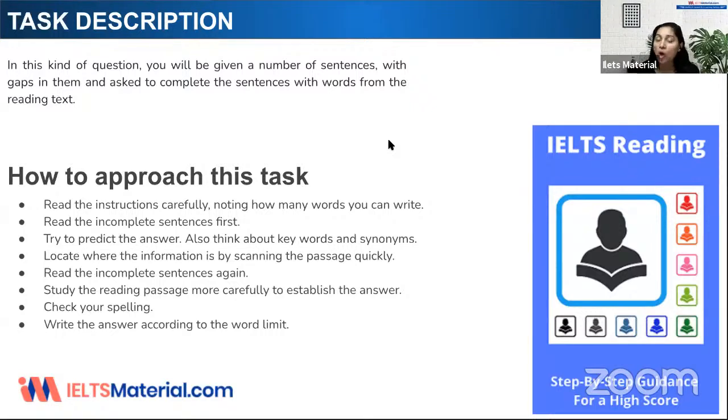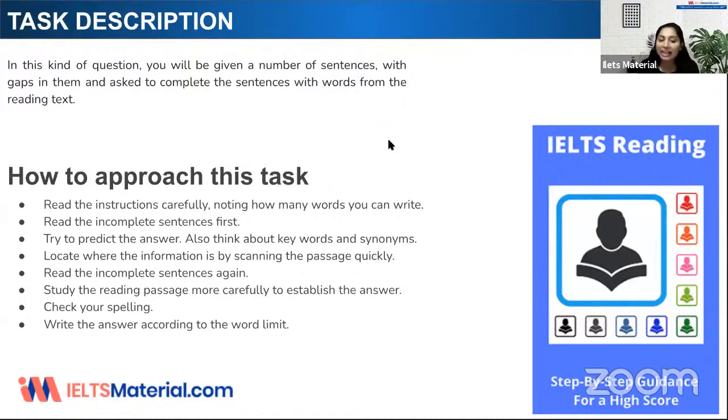Okay. Next is check your spelling. Checking the spelling is very important. Especially, I would advise the participants who are going to take up the computer-based exam, I just give you one suggestion for the completion task. Don't try to type the answer. Just copy the words from the passage and paste them in the blank. That will be one way where you can make sure that you do not make any spelling errors. And for paper-based exam participants, I would say please copy the words with exact spelling and then write it in the answer sheet, which is very important.